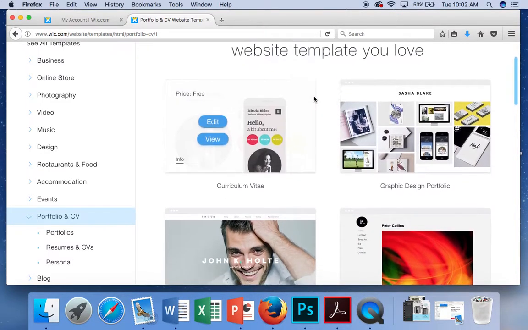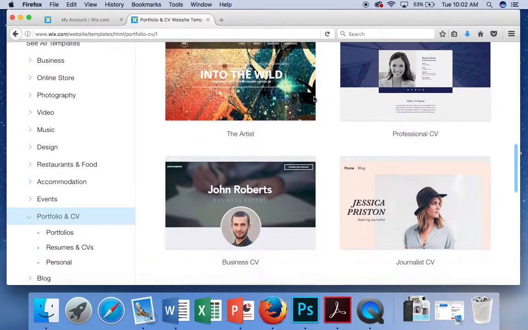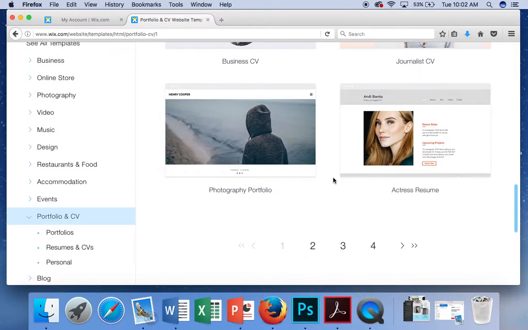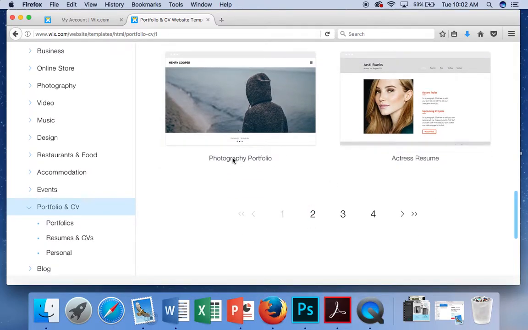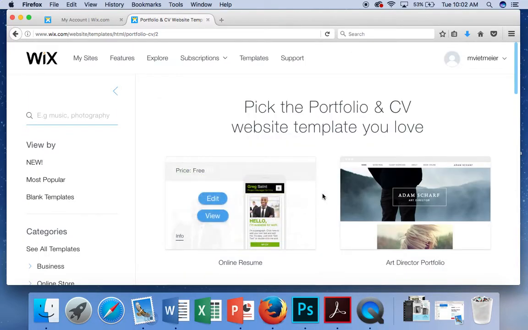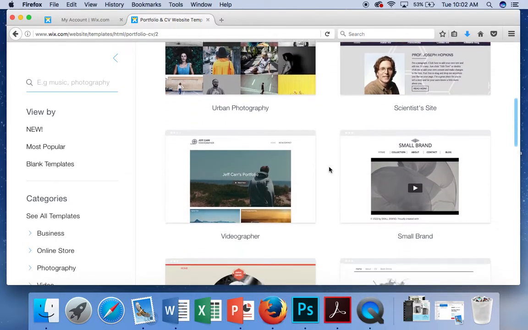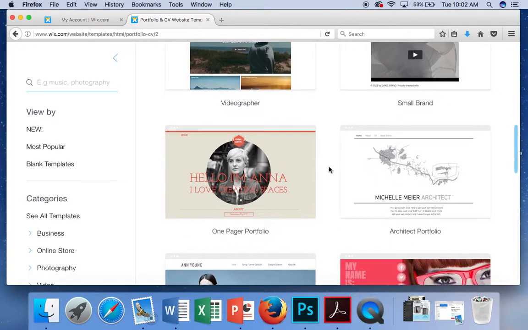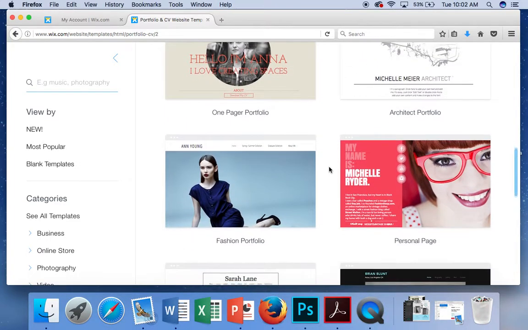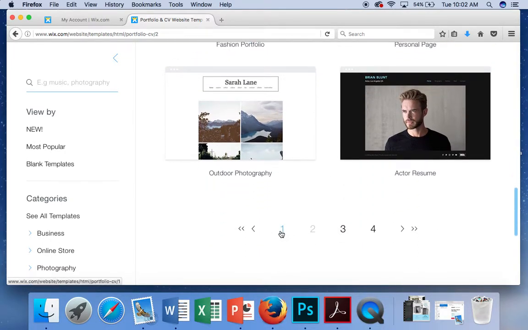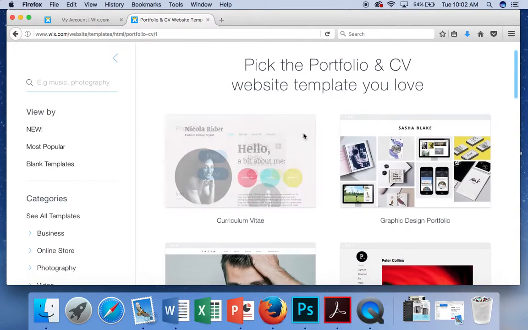So you can see there's a variety of templates and really beautiful templates. They have a lot of great stuff in here. You want to choose, again, something that's going to lend itself to your work. Maybe probably not going to do a photography portfolio if we're talking about writing elements. Same with an actress resume unless that's specific to what you're doing. They have online resumes, really great options here. Videographer if you're going to do video, an architect portfolio, and all of these things can be modified once we go into them. So I'm actually going to go back to the first page,